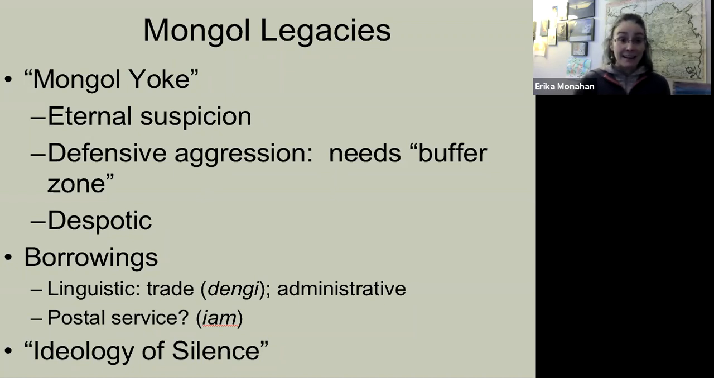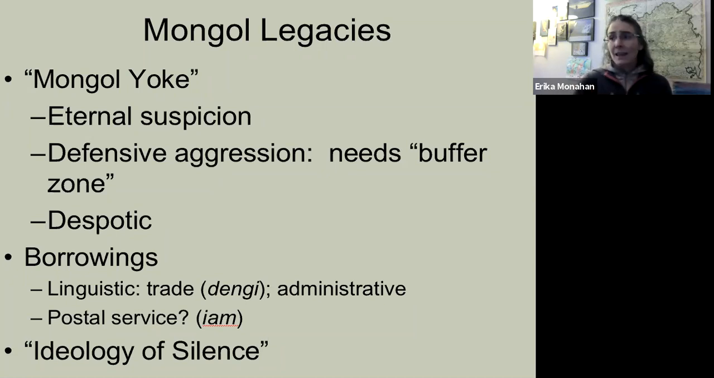And that premise, which I don't agree with, and I'll share with you some historical examples as we go through the course, but that premise is in some ways rooted in this idea of the Mongol yoke, that the Mongols just hammered these people so badly for centuries that they fear outsiders, they're eternally suspicious, and they feel like they need to advance, that the best defense is a good offense, and that they need to have a